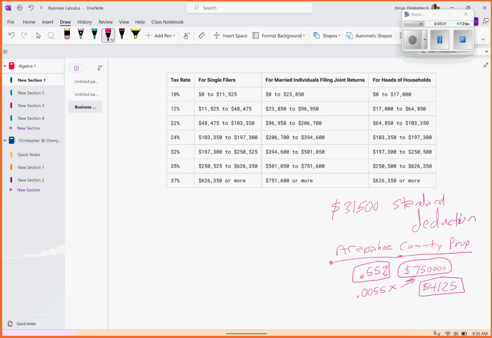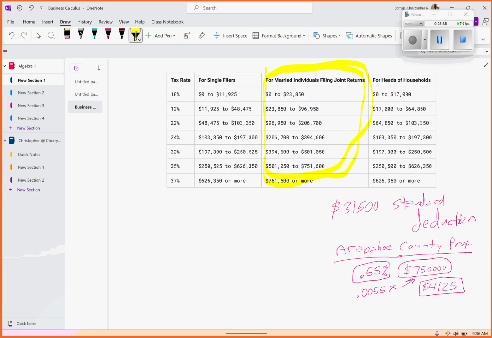Now let's not worry about that. Let's just take out the city tax right now. Just know that if we had it in there, we could take care of it. So basically, what is taking place now is my standard deduction from the federal government is $31,500. And this is if I am a married couple and we're filing our taxes together. Does that make sense? So I'm only looking for these people in here.